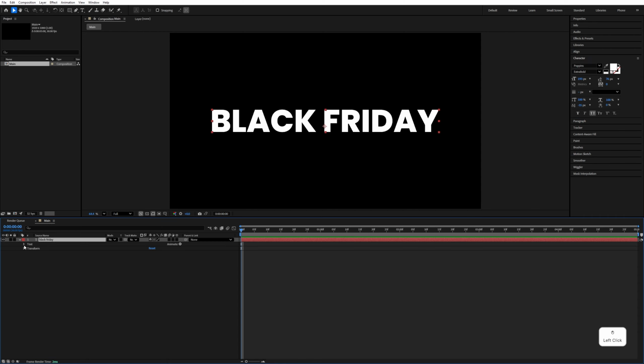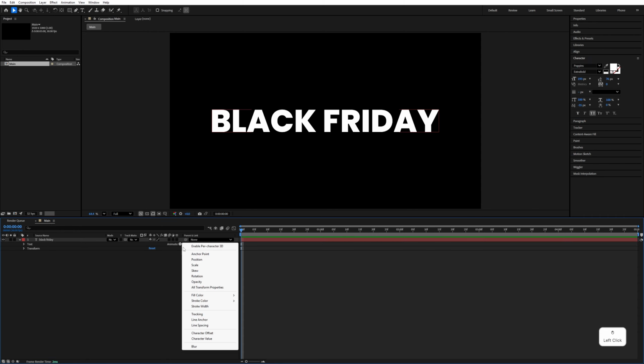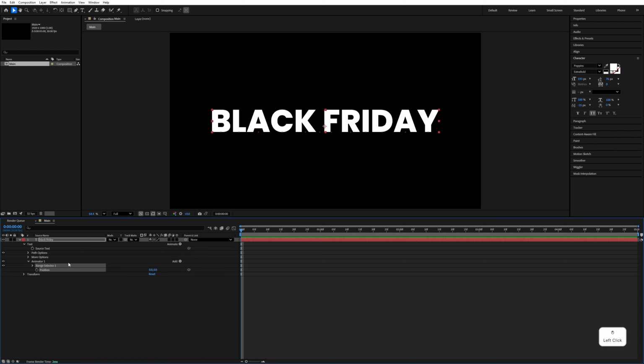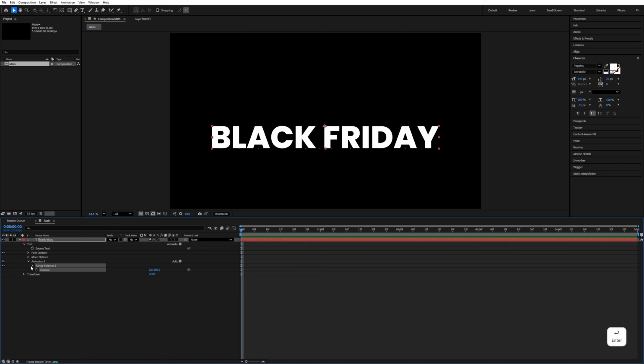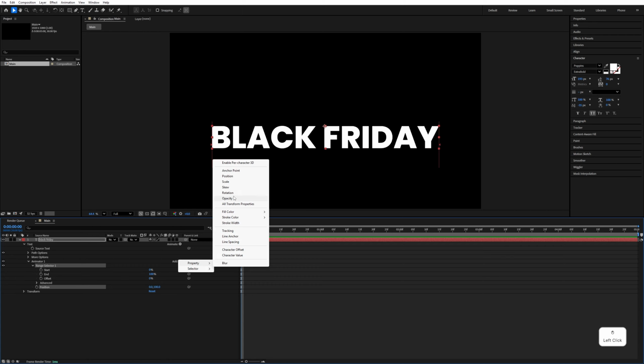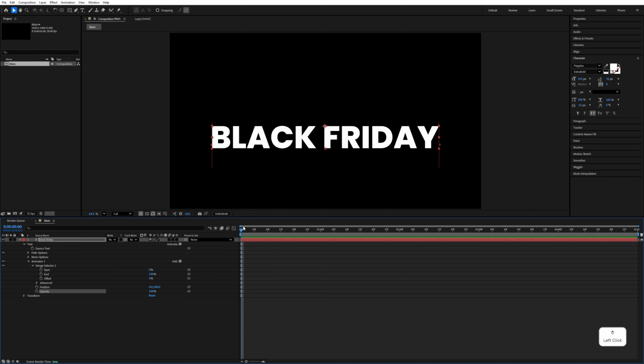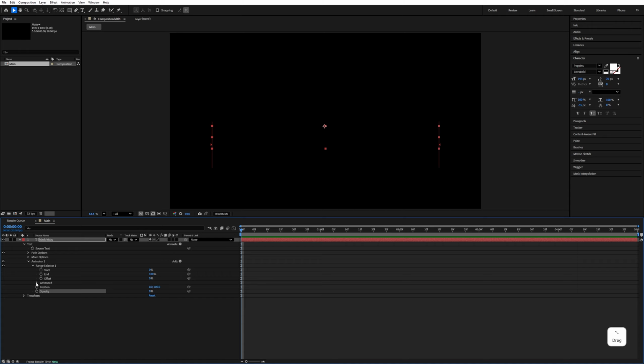Expand the text property and click on this animate and select this position. We have to move this position down, so make the second value 100 and expand the range selector and click on this add property opacity and make the opacity value 0% and expand the advanced